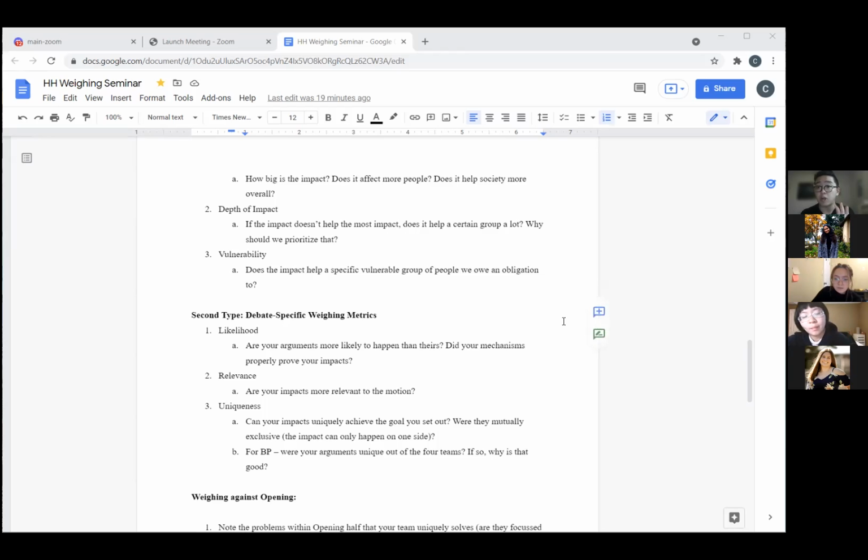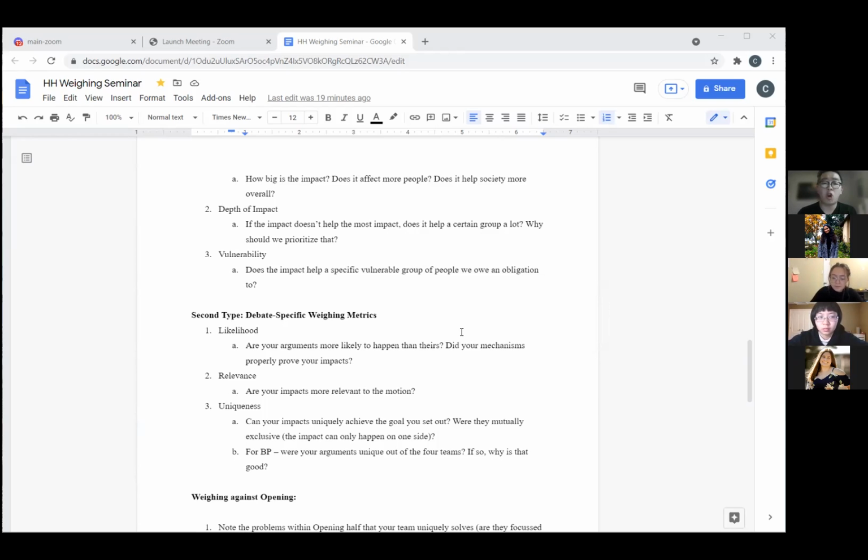So for example, if I'm on Gov for a motion and I'm trying to solve a unique problem, what I also want to set up in the comparative is some time explaining why this mechanism is the only one that can achieve this impact. For example, saying, here are the alternatives that the other side can support. Here's why they are unlikely to work. So for example, if I'm arguing that we should have a universal basic income, I have to first prove that targeted welfare schemes don't lead to the goals that we want, right? So like explaining that a little bit more.